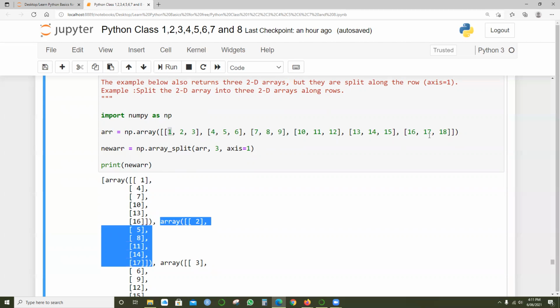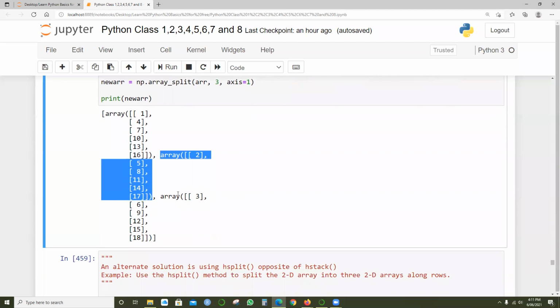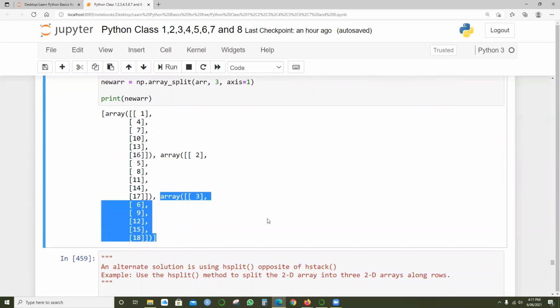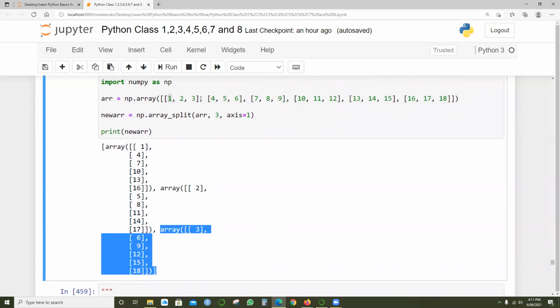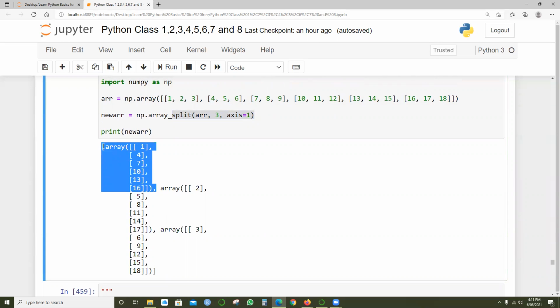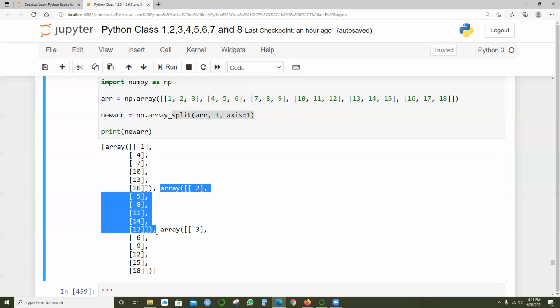It will be called the second elements. And if you go to the third set as well, all the third elements: 3, 6, 9, 12, 15, and 18. That's the reason we have set axis 1, and it has divided into 3 sets, right? And look at the elements.